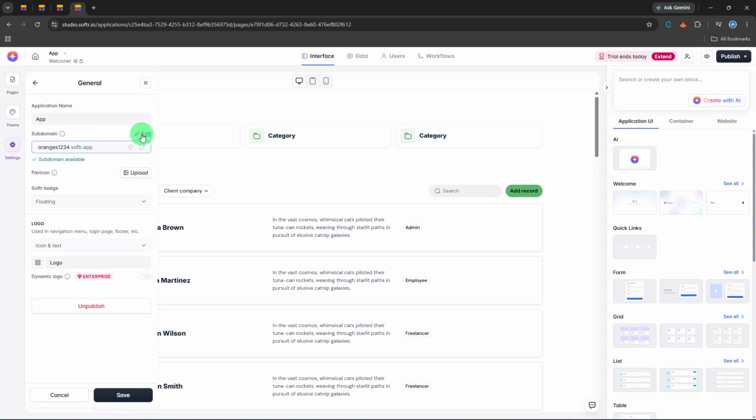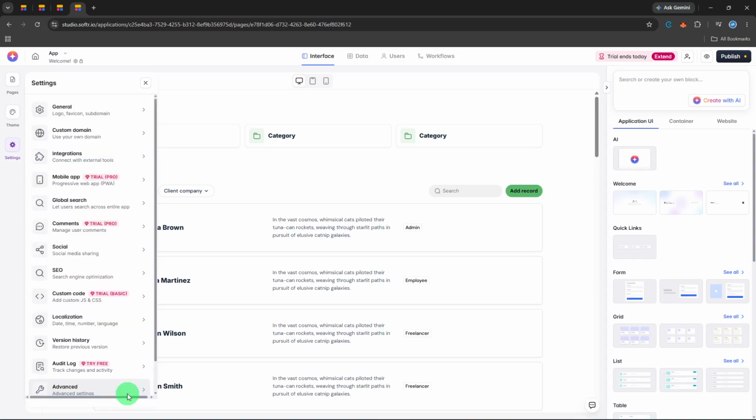Once you find an available subdomain, double-check your spelling very carefully before saving. Changing a URL frequently can confuse your users and break any bookmarks they might have saved. Also, think about consistency. If your website is mycompany.com and your social media handles are mycompany, you should aim for your Softr subdomain to be mycompany as well, if it's available. This creates a cohesive brand experience. After you've entered your new subdomain and confirmed it's available, you need to save your changes. Look for a Save or Update button, usually at the top or bottom of the settings panel. Click it, and